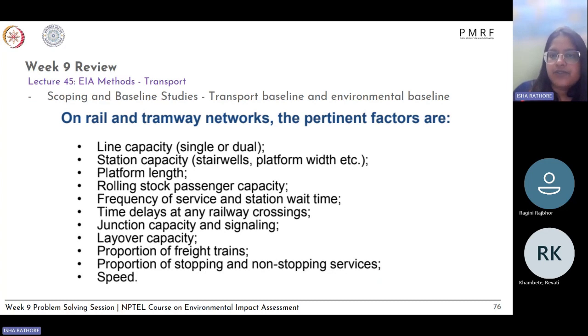For rail and tramway networks, we have different kinds of factors which are relevant. So line capacity, whether it's single loaded or dual loaded. The station capacity, how many stairwells are there, how many movements of people can happen, platform width, platform length, the rolling stock passenger capacity, the frequency of service and station wait times, time delays at any railway crossings, the junction capacity and signaling, layover capacity, proportion of freight trains versus passenger trains, the proportion of stopping and non-stopping services, the speed of movement which is seen on these kinds of networks. So different factors for different kinds of